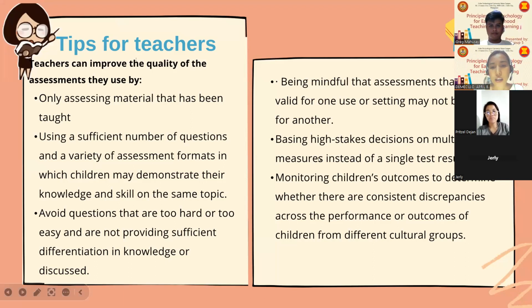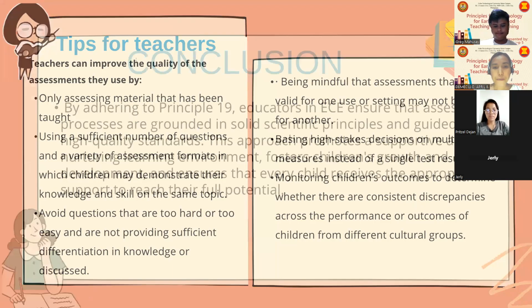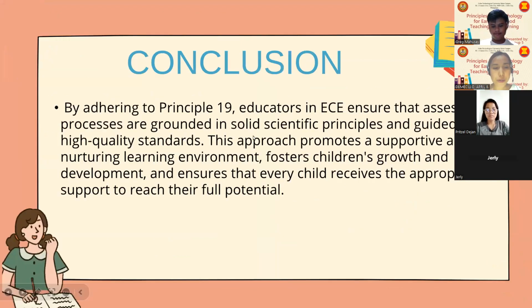Then basing high stakes decision on multiple measure instead of a single test result. So you have to base high stake decisions on multiple measures instead ka usar bitaw imong test result. And then monitoring children's outcomes to determine whether there are consistent discrepancies across the performance or outcomes of children from different cultural groups. So for the conclusion in Principle 19, by adhering to Principle 19, teachers or educators in